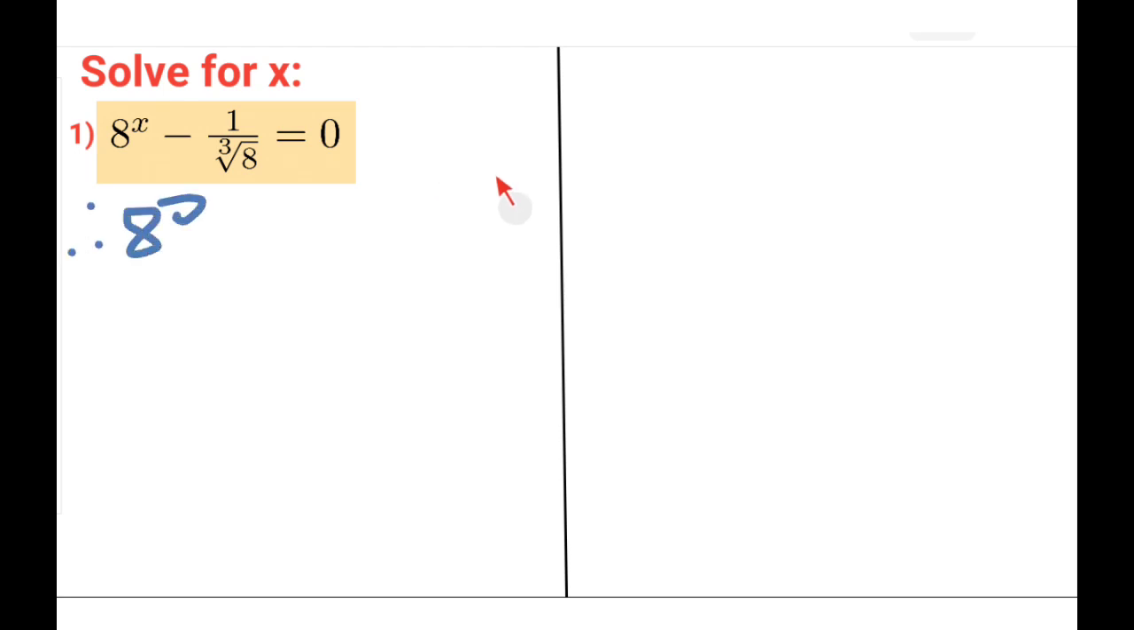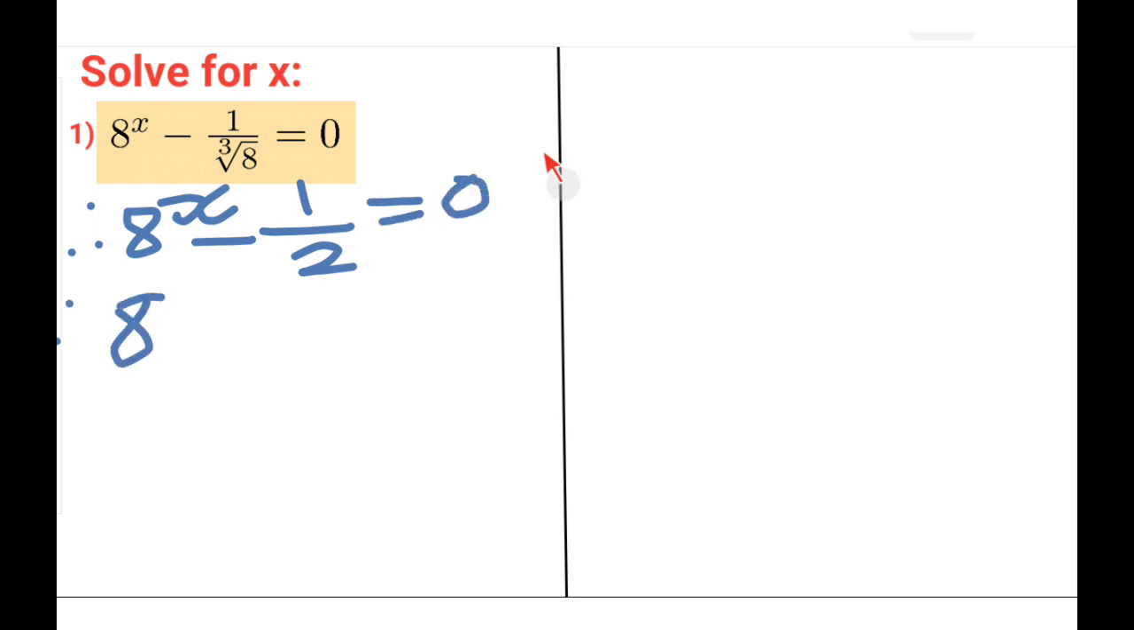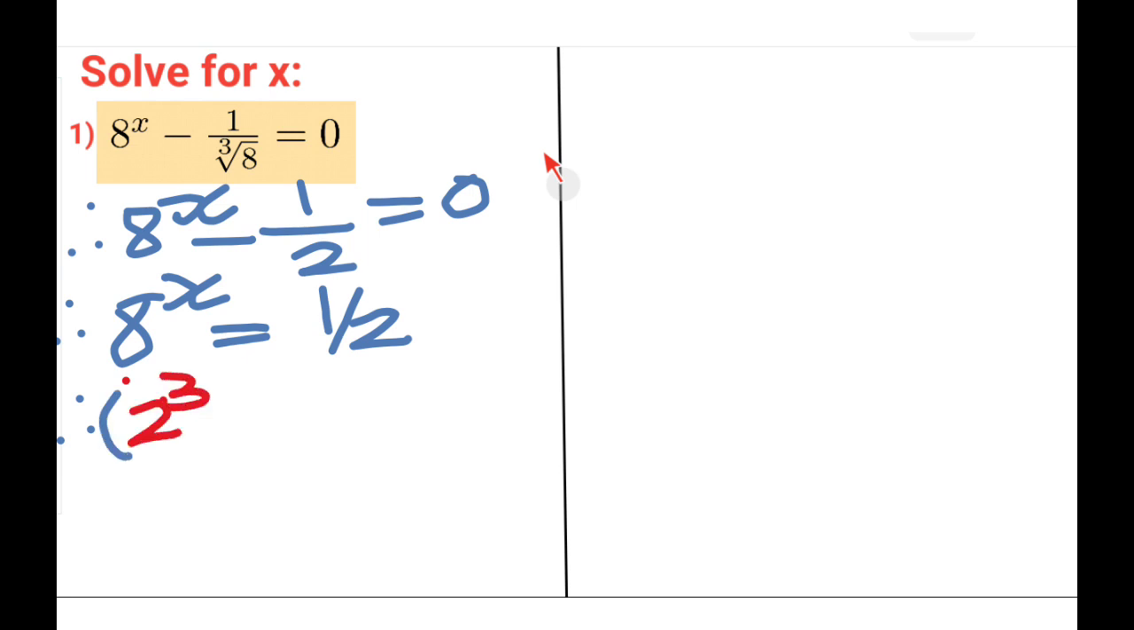So that's 8 to the power of x minus, simplify the surd, that is 1 over cube root of 8, that's 1 over 2, equals 0. Therefore, 8 to the power of x is equal to 1 over 2. Take everything that is not x to the right hand side like you would with any equation. Now, express your 8 as a power. So you go 2 cubed